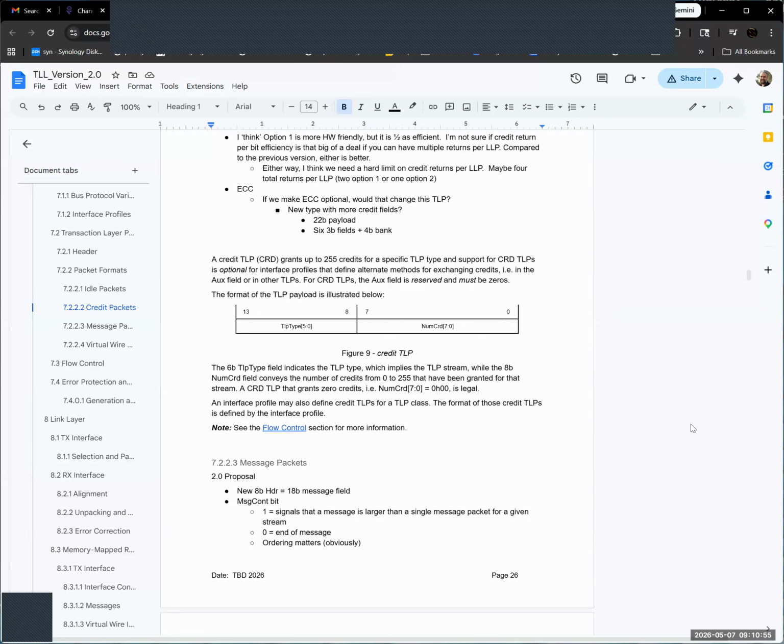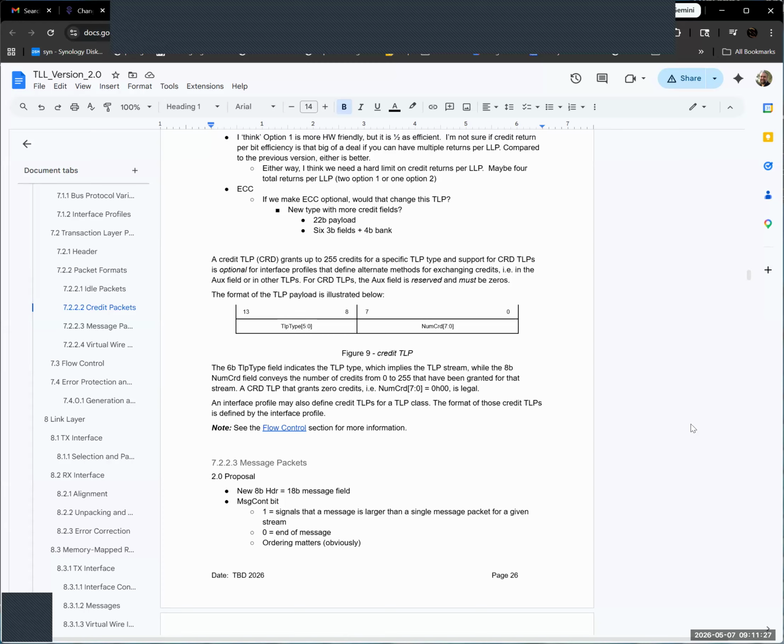The big question I ran into was: if we're taking away restrictions on how many TLPs we do in an LLP, do we need to add crediting to non-credited types? My brief answer is no. Everything that's non-credited now will remain non-credited.